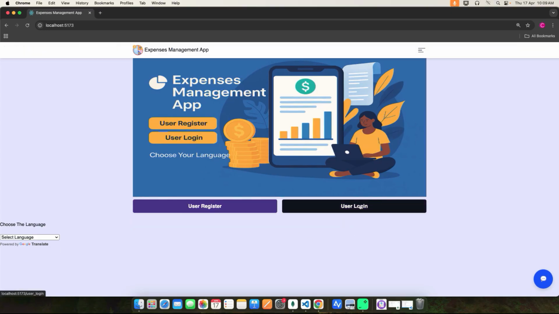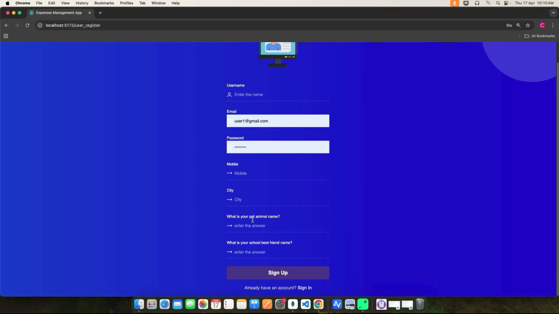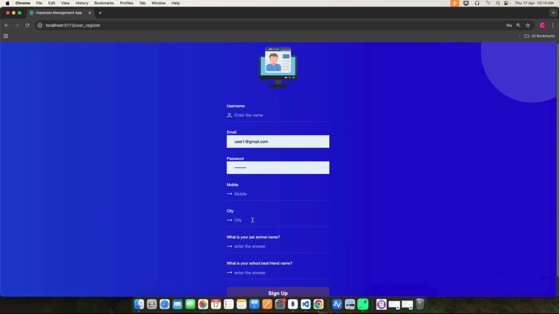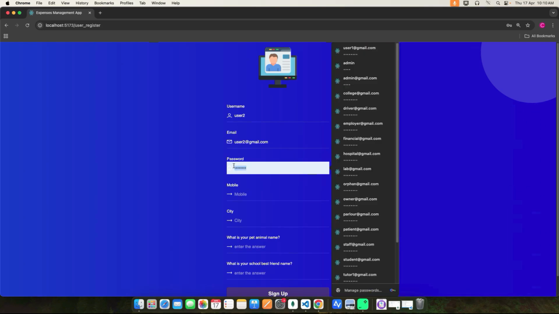So before you log in the user, you have to register. So go to the user register. Here you can enter all the fields for user registration. So enter the username, and then user email ID, and then enter the password,